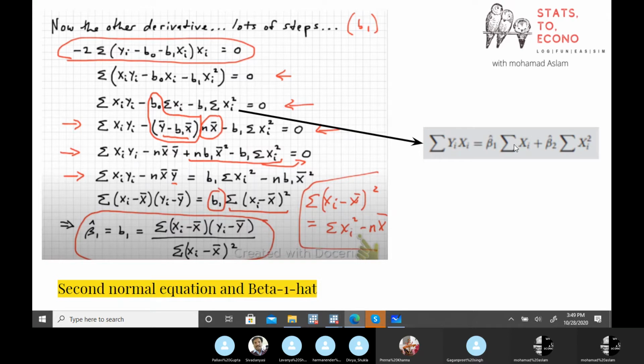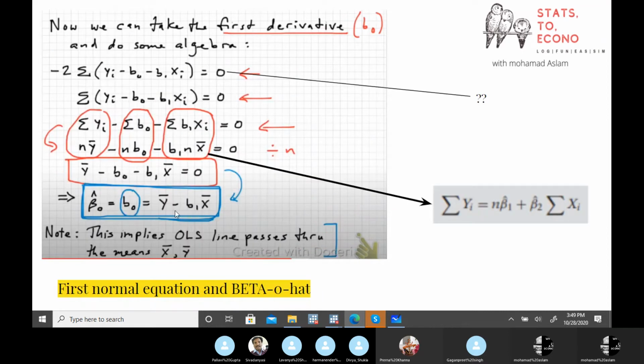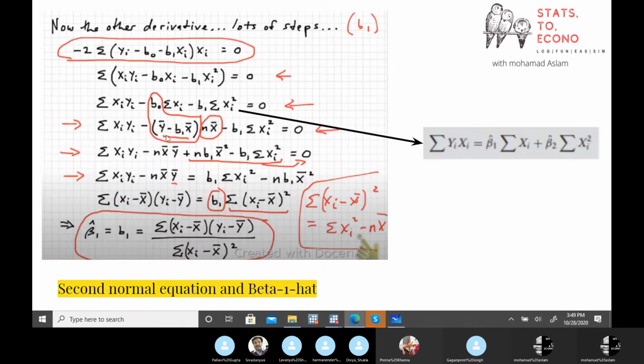If you can see, this is the second normal equation we have. So I was telling you that if you solve these two normal equations with the simultaneous equation method, you can get these two values. Now solve this further. Here, in place of the intercept, just put the value of the intercept that we derived here, y mean minus beta 1 x mean. And in place of summation xi, we use n multiplied by the mean.